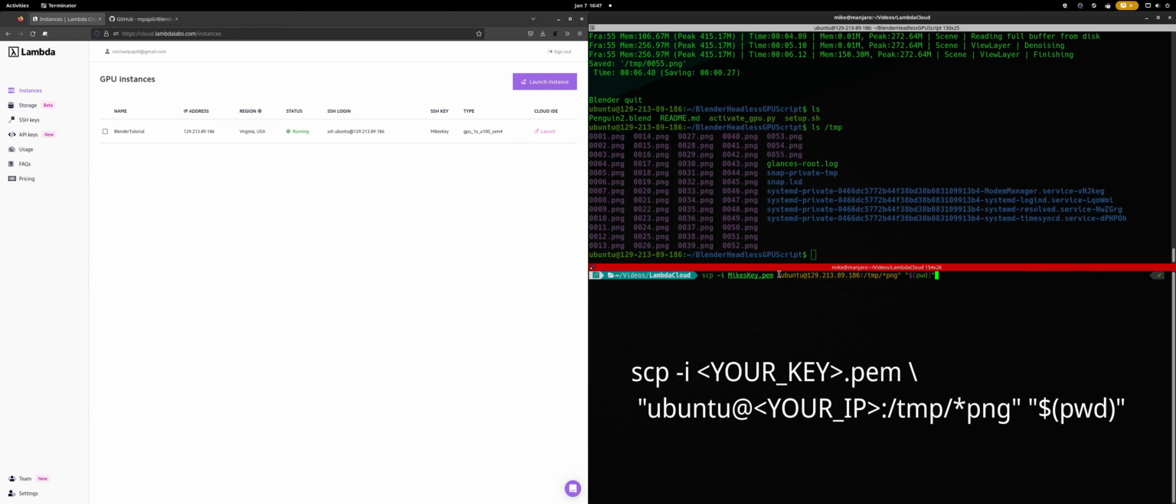Then we say where the source is first. So we're going to say ubuntu@129, the IP address, which is going to be yours, colon this time, because we have to tell it where on this machine the files are. So it's in /tmp, and we're going to say *.png. Basically, get me anything that ends in png from this tmp directory,